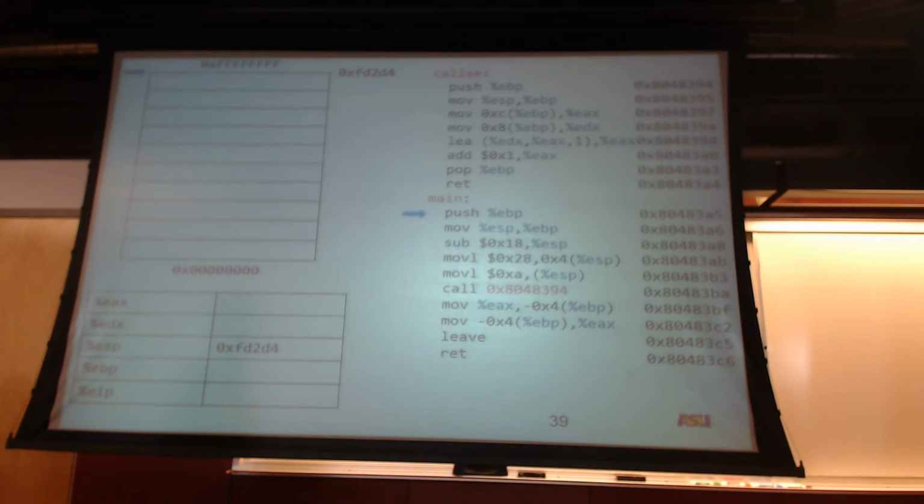So what was the previous frame pointer? Where was it stored? It is stored in the base register, sorry, EBP, right? So it pushes EBP. What was the convention of pushing? You first decrement the stack pointer, and then you put the value into that memory. So you decrement the stack, so the stack became